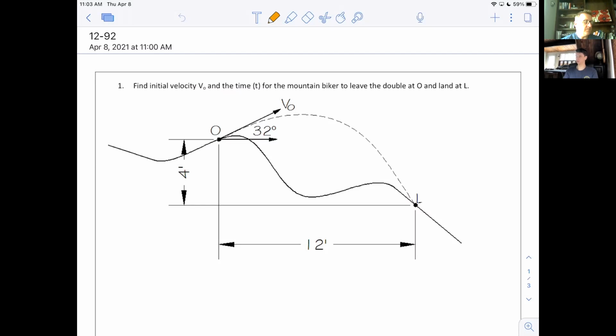Dynamics is all about motion. We are looking specifically right now in chapter 12 at the geometry of motion, not what causes the forces that cause that motion to happen. We're just looking at what it does flying through the air. So